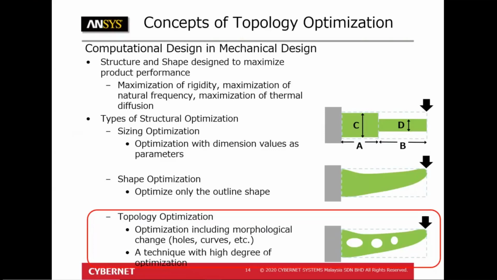As for the types of structural optimization, there are three different types. Those are sizing optimization, shape optimization, and also topology optimization. Sizing optimization is when the dimensions of the design are used as parameters. Then shape optimization basically optimizes only the shape, meaning the outline of the shape is optimized. And then finally, topology optimization. Now, topology optimization is the most flexible